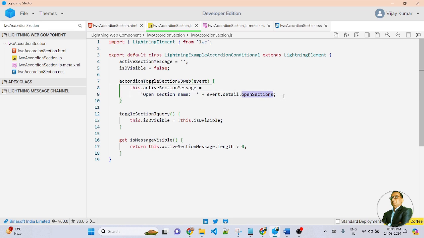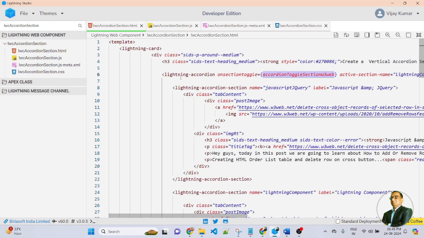This is a standard property in the LWC component. If you are creating an accordion section in an LWC component, you need to apply this property, event.detail.openSections. This property is provided by Salesforce to expand and collapse sections using event.detail.openSections. This function I am calling in the lightning-accordion tag element here.